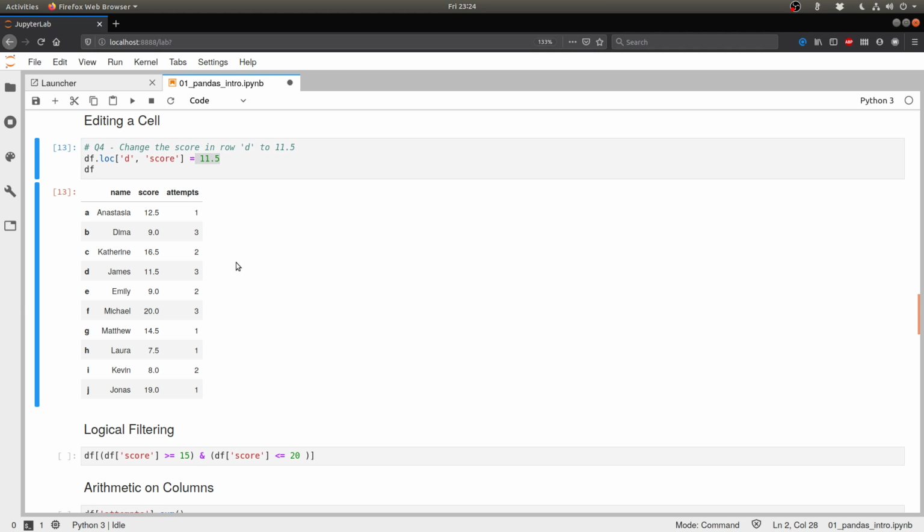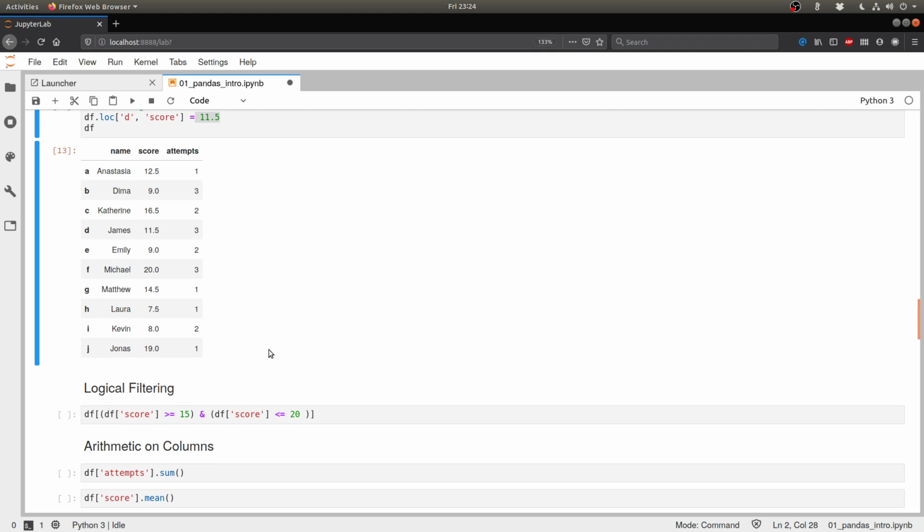We have already seen some examples of logical filtering, but let's take a look at some of them again. Let's say that we want to take all the rows of the data frame where the score is greater than or equal to 15 and less than or equal to 20. In the sense that we want to find all the people who scored between 15 and 20 marks, both values included.